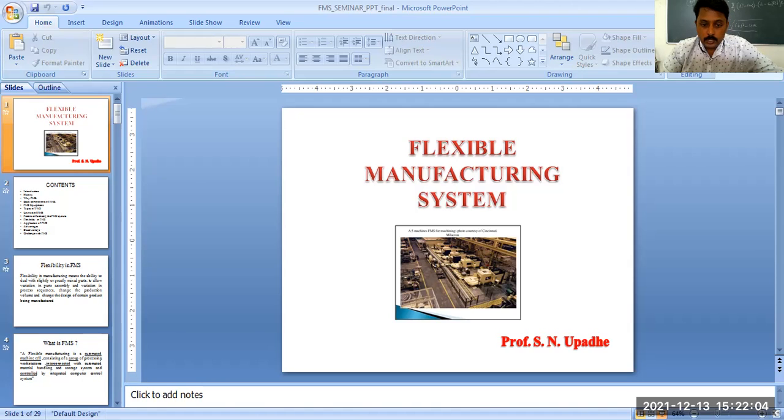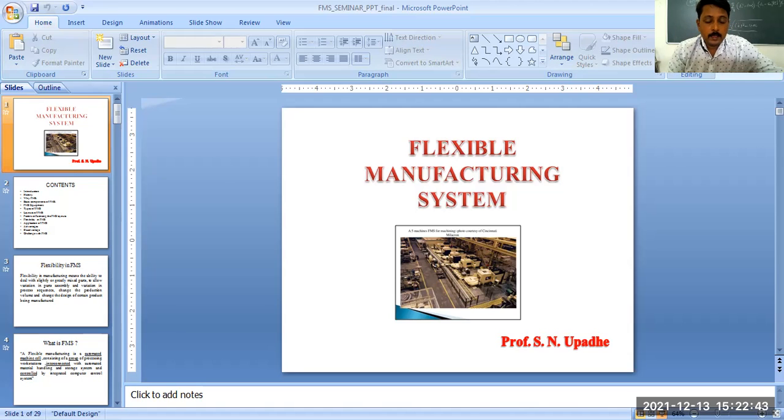Load and unload station, there is a fixture build station. You require sometimes new fixtures and all these things. Then there is a tool setter, storage station. Then there is a part view station under the mezzanine, where you have to take the responsibility of the parts that you have manufactured, so you have to do the quality check. Then there is a coordinate measurement system. Sometimes you require these types of machines also. So basically, this is a flexible manufacturing system shown in isometric view for better understanding.